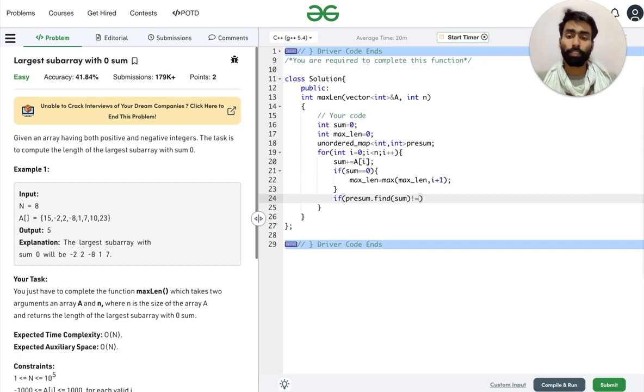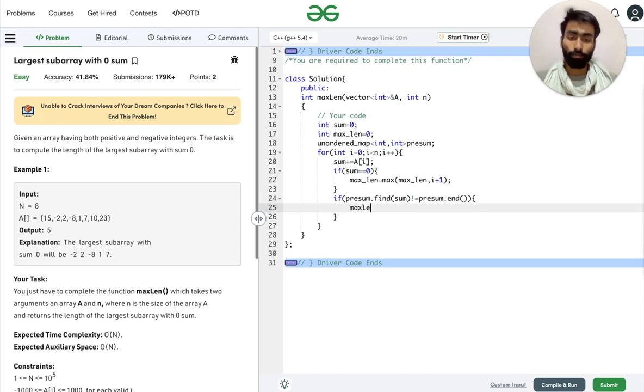If it is not present in the map, pre-sum dot... and if it is not present there, in that scenario we will update the max length, that is max of max length, i minus pre-sum of sum.